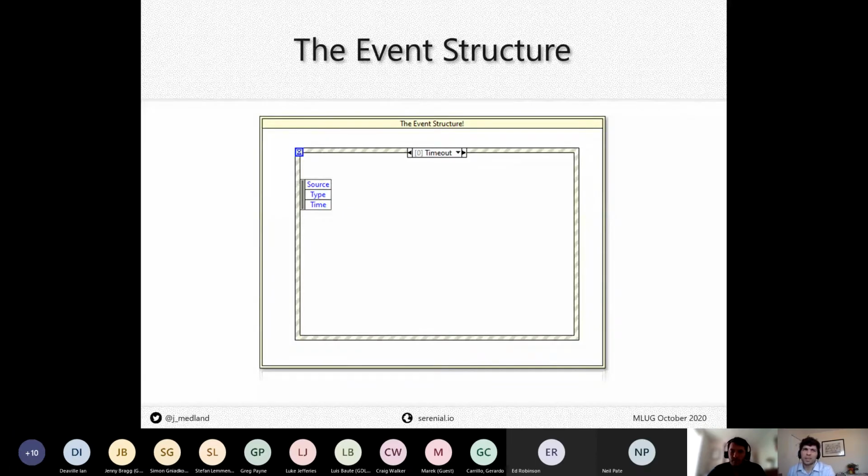I assume the only way, but the way that you do it is using this thing called the event structure. So it looks a bit like a normal case structure. It's got a jazzier border, I guess it's a sort of beige and light grey border. You have this terminal in the top left, this little hourglass, so you can specify the duration of the timeout in milliseconds, and you also sometimes have